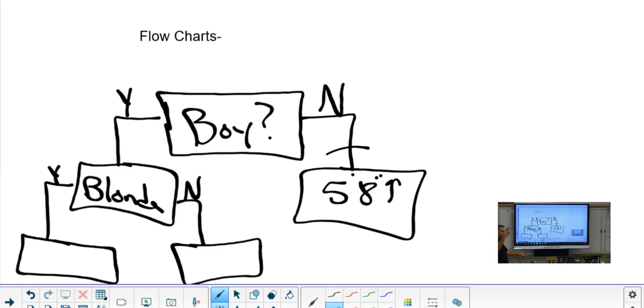We're going to separate 4 things, and here's your last thing you're probably going to learn today. In a flowchart, you always ask one less question than the things you're going to separate. So if we separate 4 things, how many total questions do we need? Just 3. You okay with that?